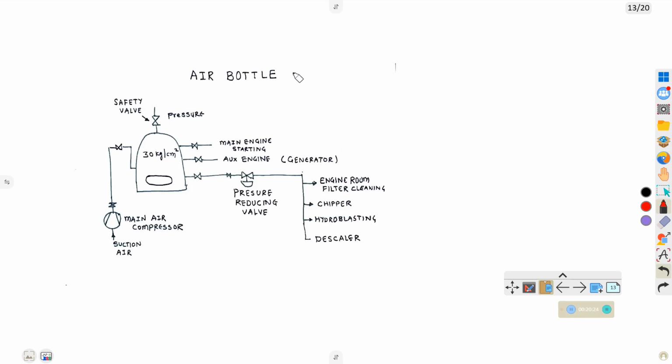Now we will come to the topics related only to the GP exit exam. What is an air bottle? Air bottle is also a pressure vessel. Which other one was a pressure vessel? Boiler. And how many safety valves were there? 2. In the air bottle, how many safety valves? 1. Okay,